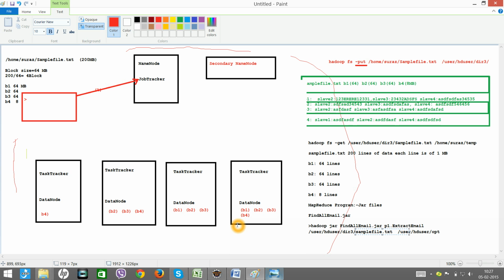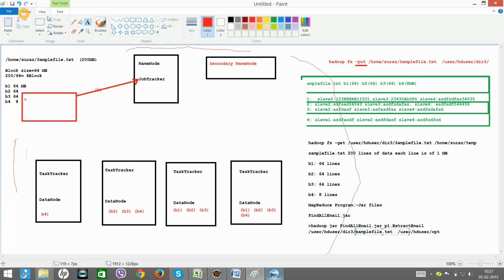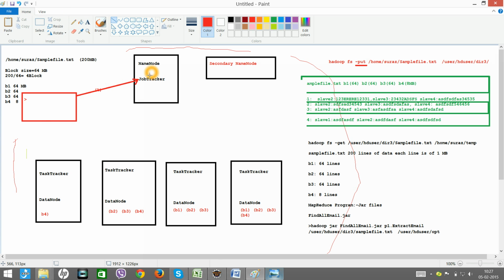Because if you take the cluster, here we are taking the example of only a 4 node cluster. Okay, but in real time you may have 150 different nodes, right? And it is very important for the job tracker to understand, in order to process the data of this input file, where exactly these input files are present in the nodes. So step number 1, step number 2.